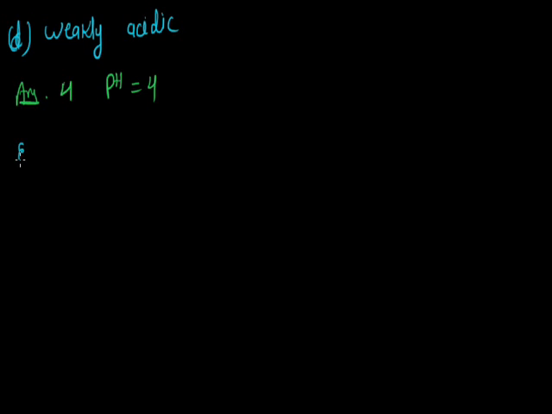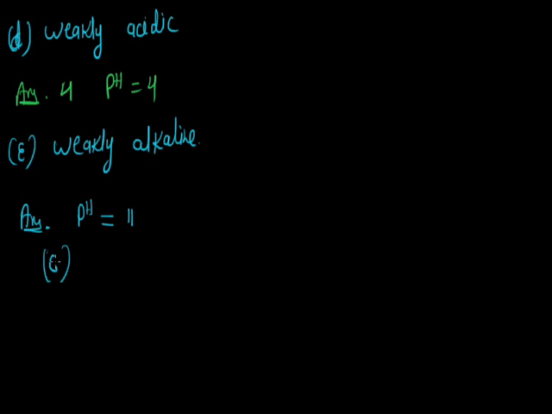Now we are discussing E. Which solution is weakly alkaline? It means a solution having pH between 8 and 11. So the answer becomes C, which has pH equal to 11. And for the option weakly acidic, the answer becomes A, which has pH